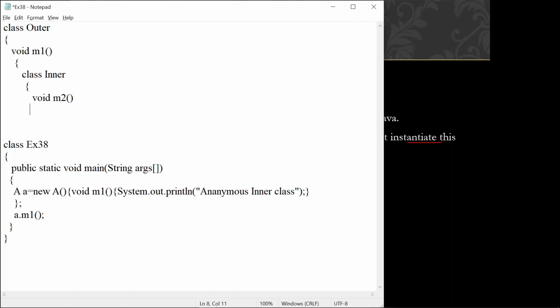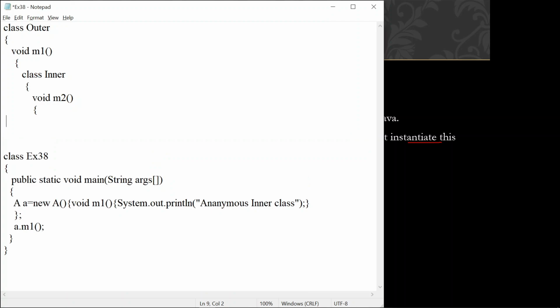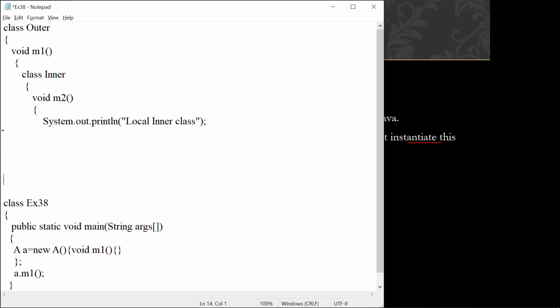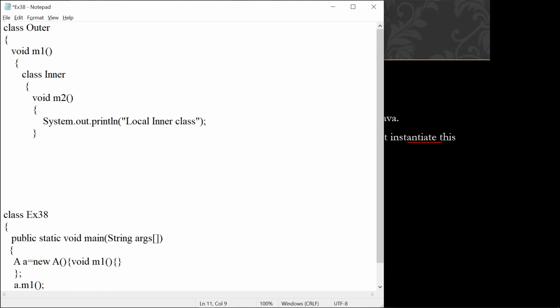This m2 will have a statement, System.out.println, what is that one? Local inner class. That is what we have done. I think you are all following this one. So this is the end of your method, and this is the end of your inner class.